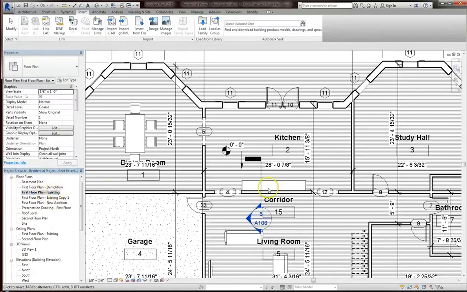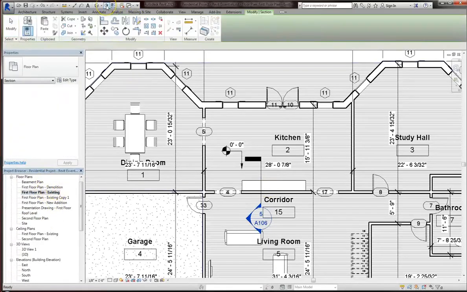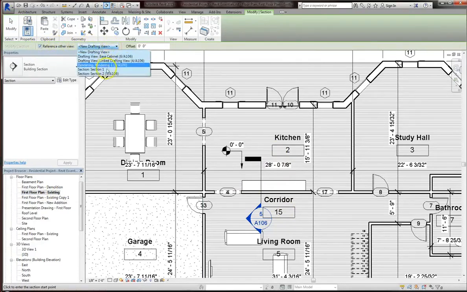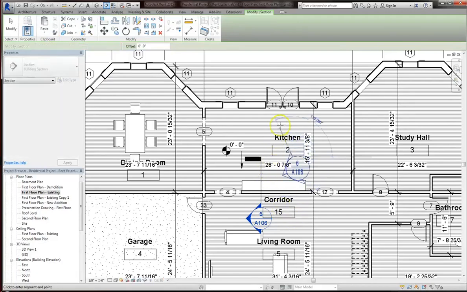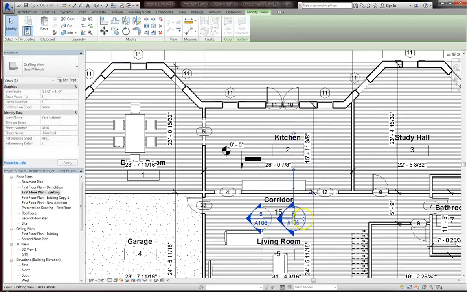and what we'll do is we'll actually go back into our section marker, but instead of creating a new section marker, we'll click on this button that says Reference Other View. And if you click that drop menu, you can actually choose our drafting view that we've named Base Cabinet. So I'll go ahead and draw my section and orientate it in the right direction,